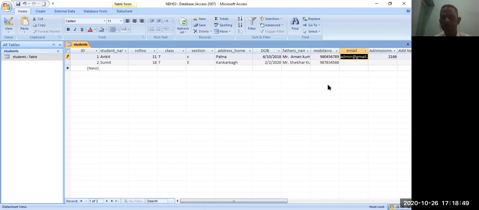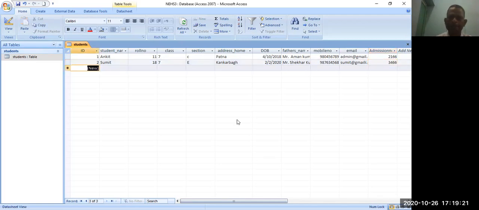Check the email address; it needs to have gmail.com. So simply you can edit the value, you can modify the column name, and you can add a column. So this is very simple.